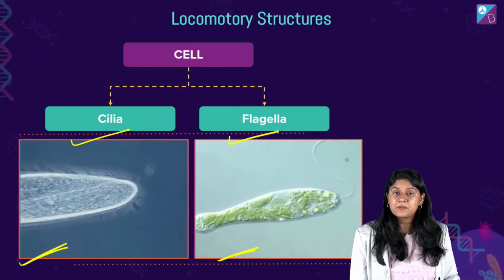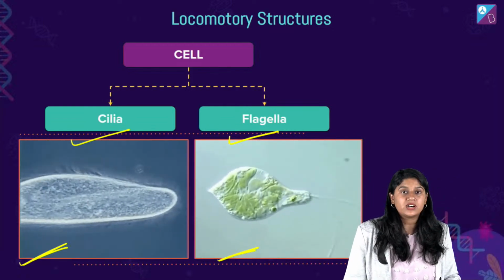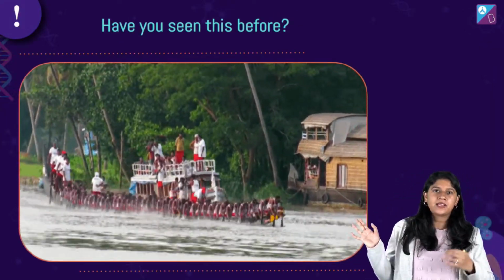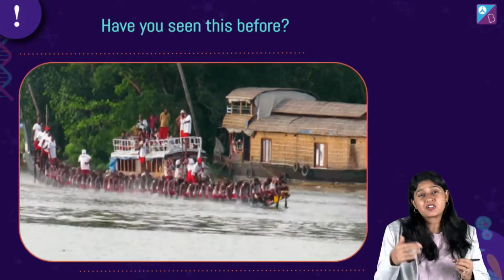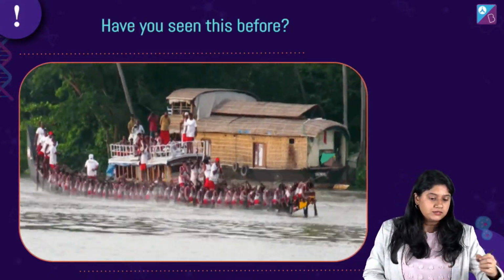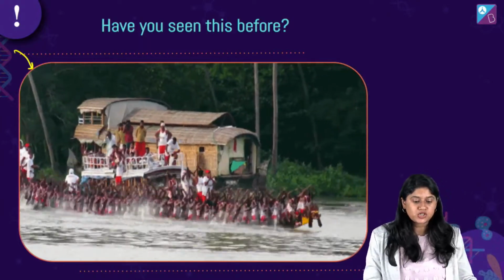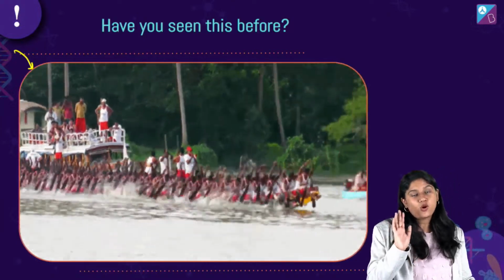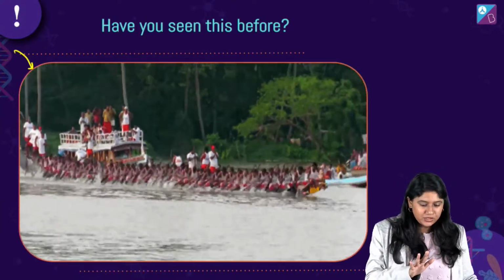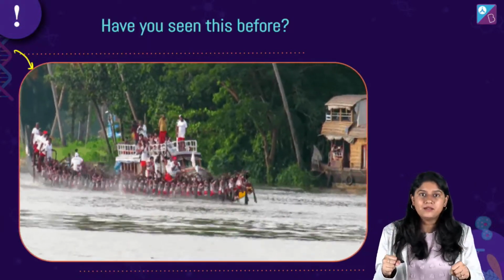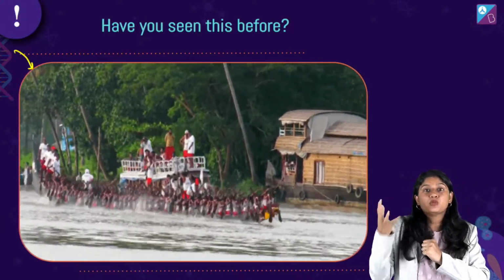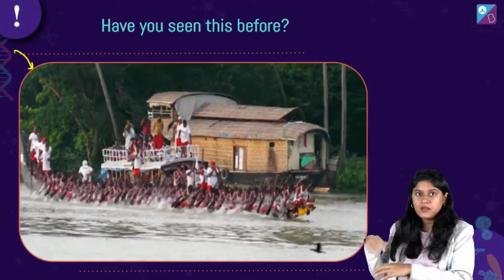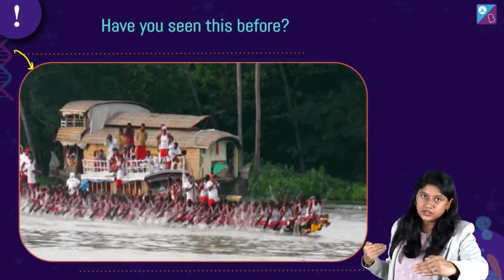Clear? Now we'll talk about cilia, and this is something I'm really very interested in. Look at these people, right? I'm sure you would have seen this somewhere, in movies or documentaries. This is how the people are pushing the boat. I'm sure if you are from Kerala you would have seen this. And in movies, even if you're not from Kerala, you would have seen this, right? What is happening? People are sitting in the boat. They have the, as we say in Hindi, chappu, an oar, right? And they are using it to push. They are pushing the water backward and the boat is going ahead.